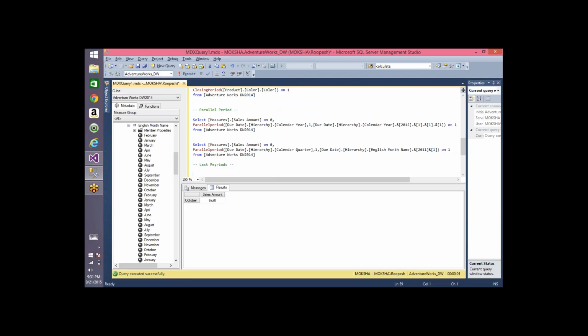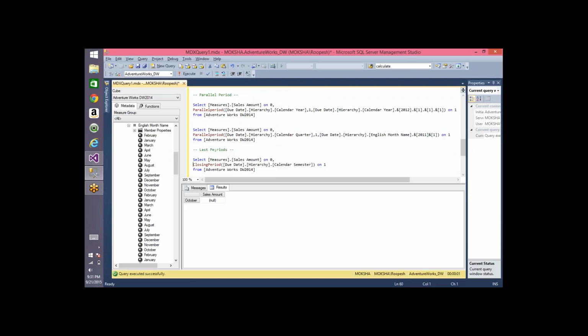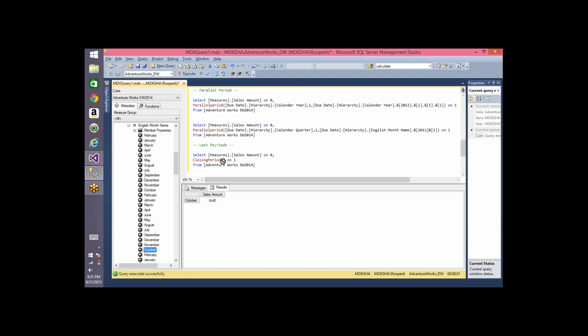Okay, let me take this semester part, and instead of semester, I have to give a member. Let's say I'm giving October of, this is one headache, I can drag and drop it. Let me copy it and paste it. I'm giving October of 2012, and instead of closing period, I'm using the last periods